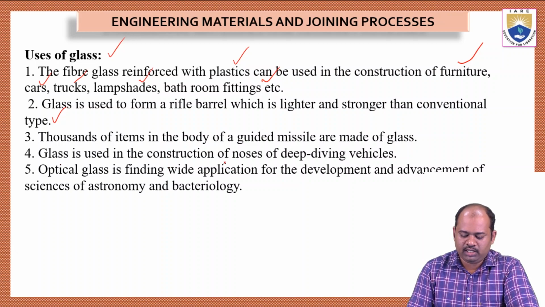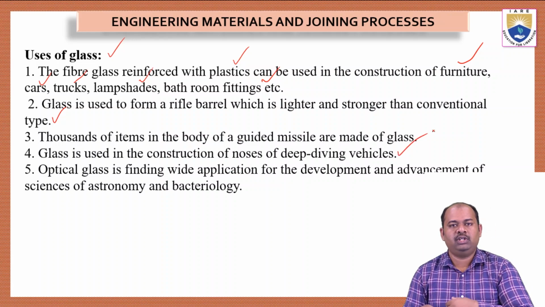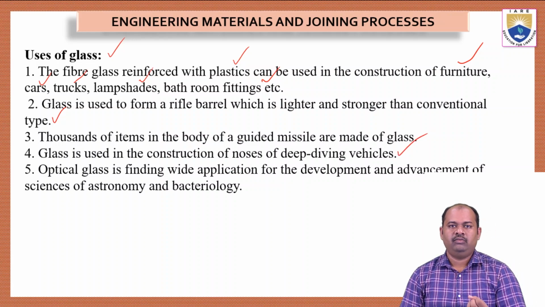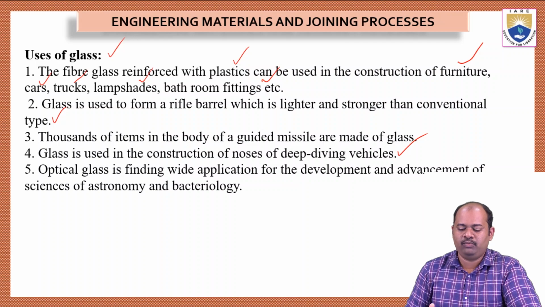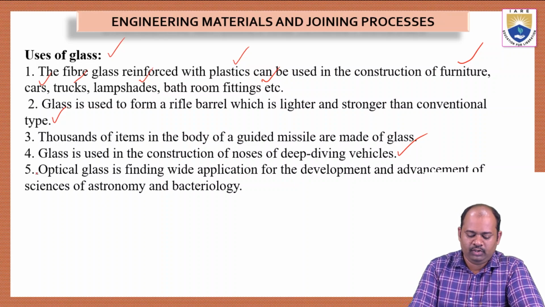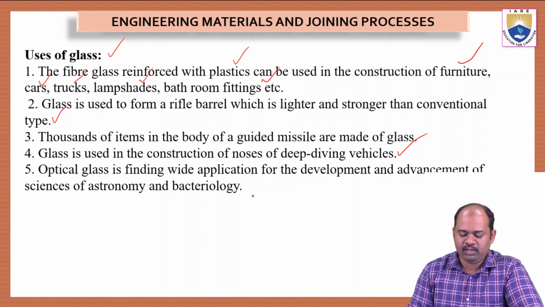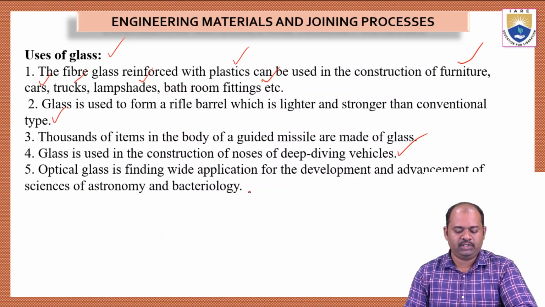Glass is used in the construction of noses of deep diving vehicles. When we use vehicles which go deep into the sea or oceans, we have to use noses of these deep diving vehicles which are made up of glass because they are very resistant to wear also. Optical glass is finding wide applications for the development and advancement of science and astronomy